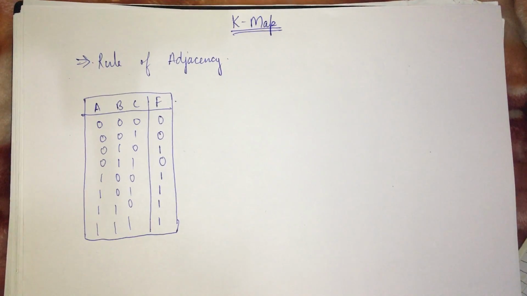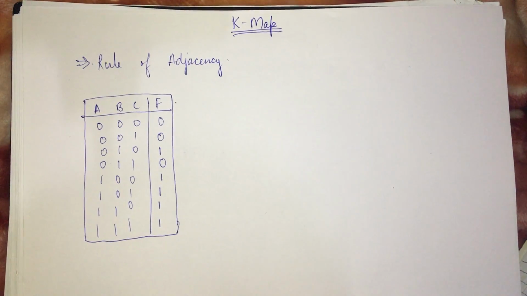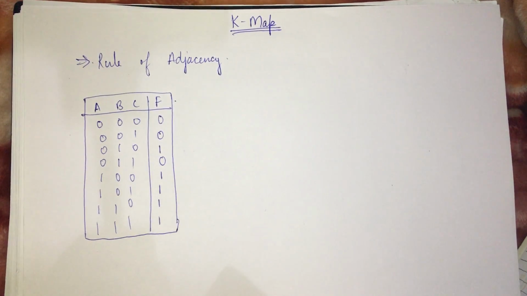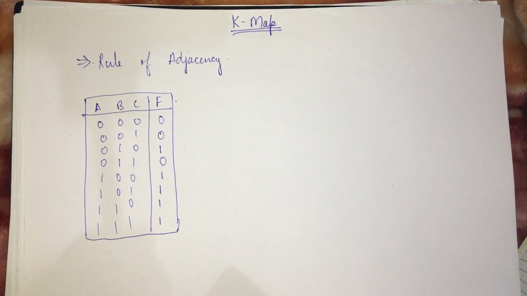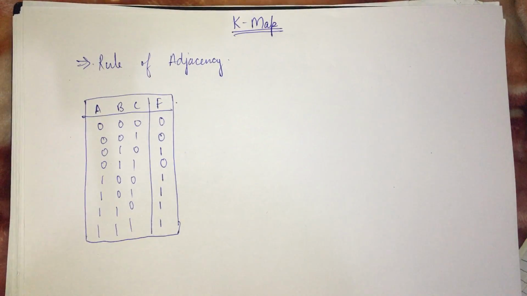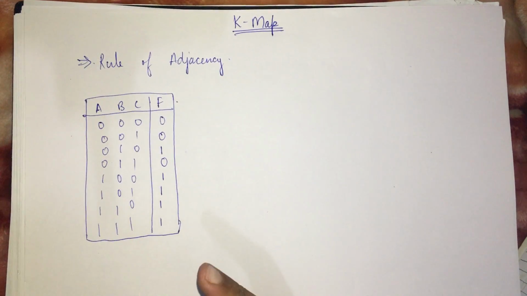In this video, we are going to discuss what a K map, or the Karnaugh map, is. The result from a Boolean expression is not always minimum. So, we need to minimize the result, and for that, we have to use a K map, because when we have two variables, it's very easy, but when we have three or more, it becomes very tedious.